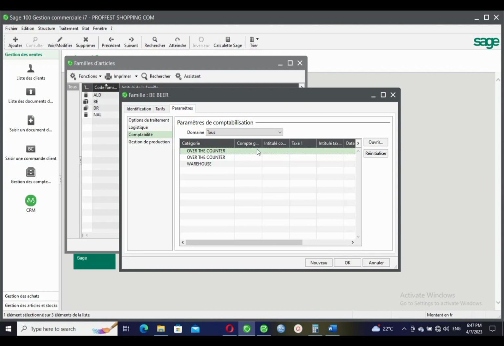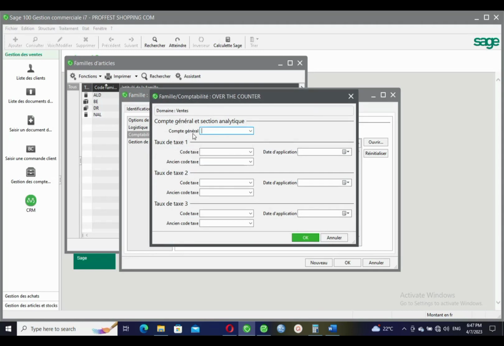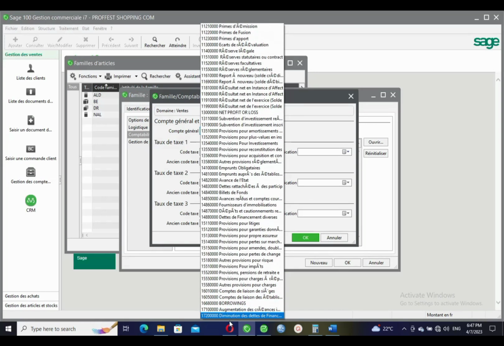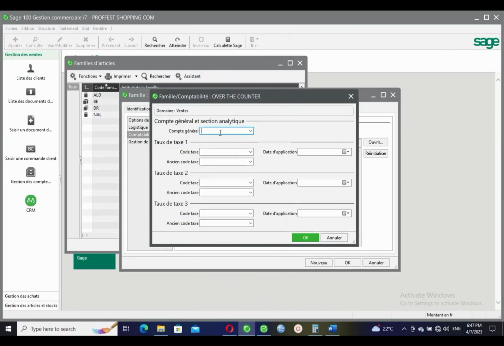So what I'll do is that I'll come at the level of compte général, like the general account number. I'll double click in this cell, and here under compte général, this is for vente, domaine de vente, sales domain, and I'll select the general account number for sales of goods, which is surely 701. So I take the drop down list, sales. Okay. If there is any VAT invoice you want to attach to it, you can directly attach the